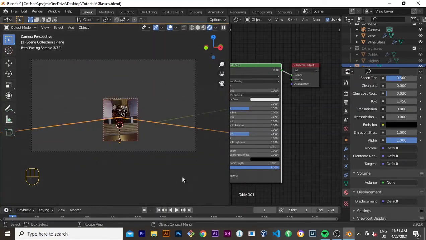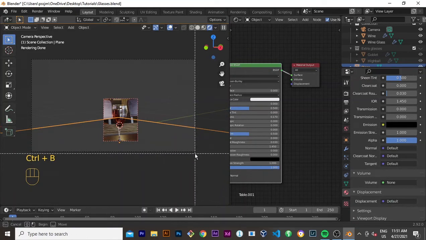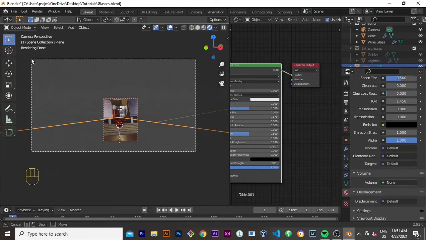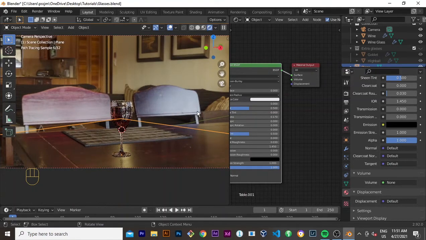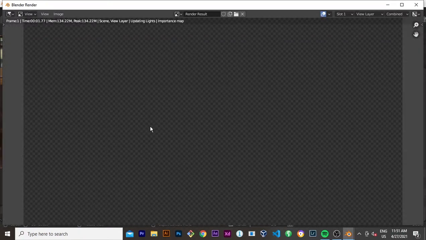Let me see. I'm rendering the whole glass. Control B, Control B, and select the whole scene to render the whole scene, and deselect that and hit F12. All right. Let's see what this is giving us, and